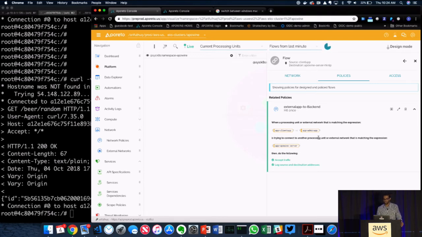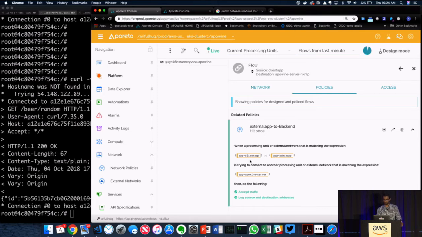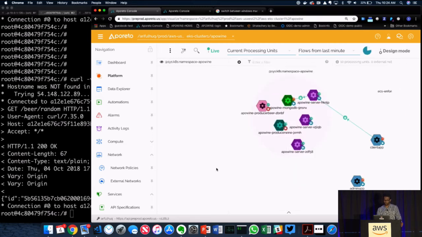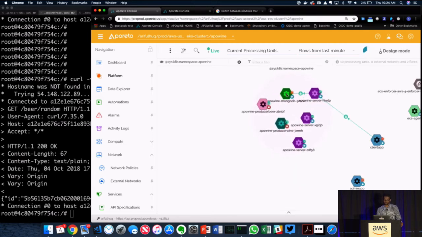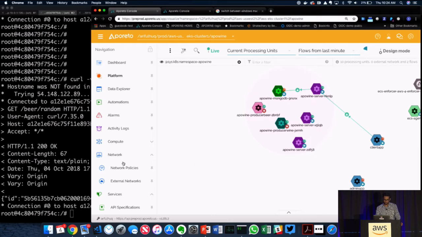This policy essentially says that if my application presents to me an identity app equals client app or app equals admin app, it should have access to this specific server application. What I have just demonstrated to you is that we did this segmentation across multiple clusters, across a load balancer. So really what we're helping our customers do is solve a problem of hybrid cloud segmentation across multiple clusters and multiple environments, right?